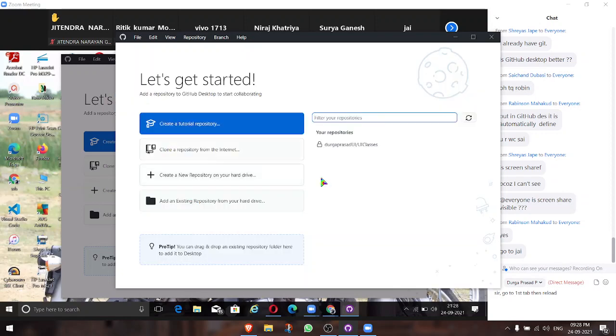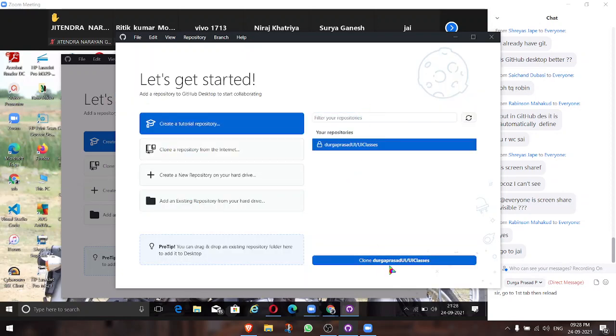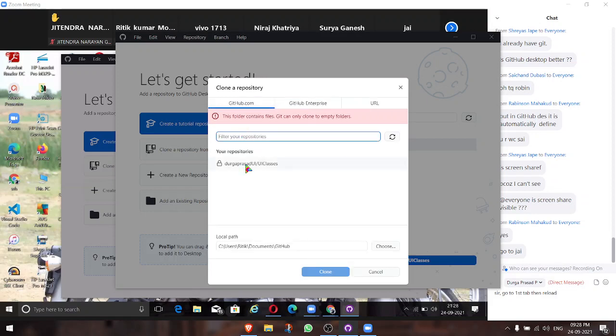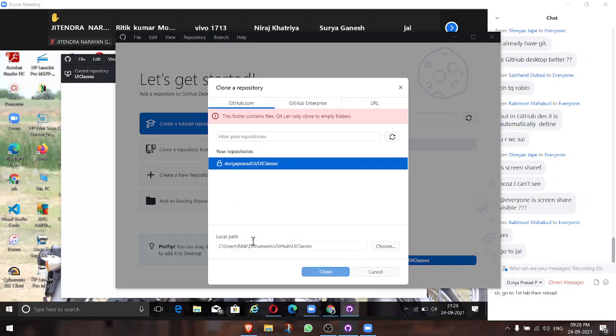Now if you see, what it is saying is that he is about to clone the GitHub content into his C drive, UI underscore Git, UI classes. Click on the clone button. Now go and see what is there under the C drive UI Git folder. Open the folder parallelly.